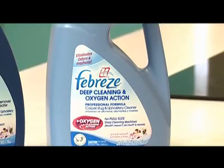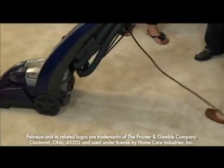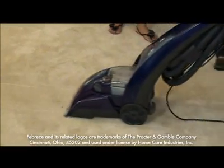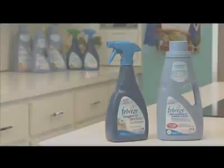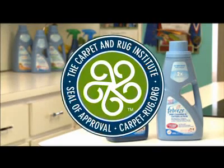Well, to treat a larger surface, what you're going to want to do is use a full-size deep cleaning machine to clean the entire carpet. Okay. So what we're going to do is we're going to use the Febreze 2x concentrated carpet rug and upholstery cleaner in the full-size deep cleaning machine. Febreze 2x concentrated carpet rug and upholstery cleaners were specifically designed to be safe and effective in any full-size deep cleaning machine, and the Febreze cleaners were given the seal of approval for cleaning and effectiveness by the highly respected